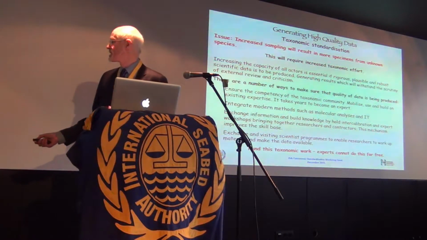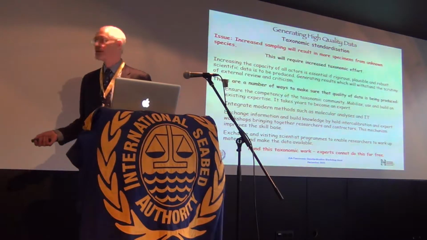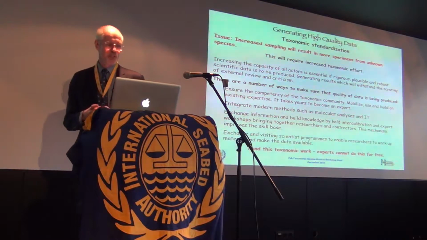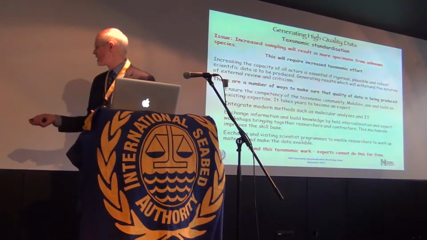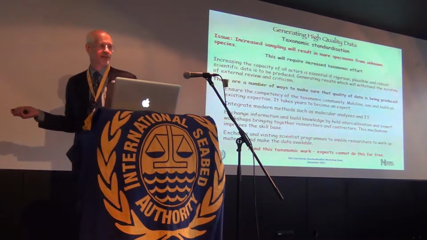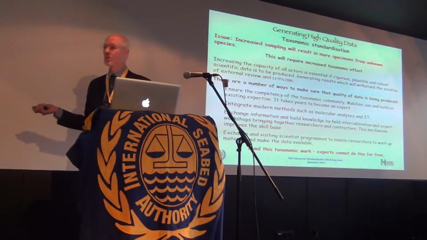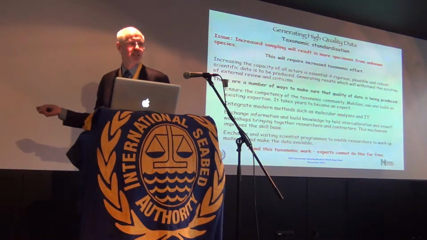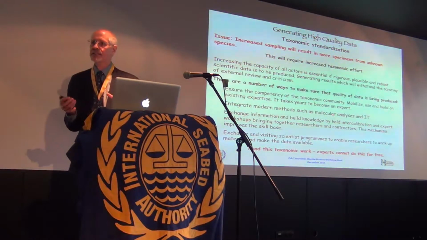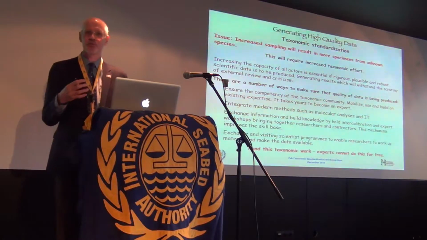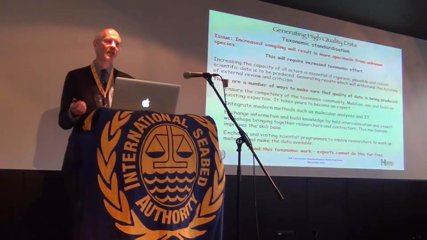The other way we could do this is exchange visits and scientific programs to enable researchers to work up material and to make the data available between the different labs. The most important, unfortunately, at the bottom of this, is that we need to fund this. Because taxonomic experts can't work for free. We have mortgages too. We have kids, you know, and Christmas is coming. We need to pay for that. So we need to think seriously about how we mobilize what resources we've got to really try and improve the taxonomic base.